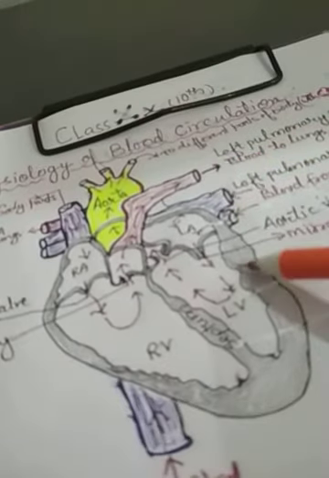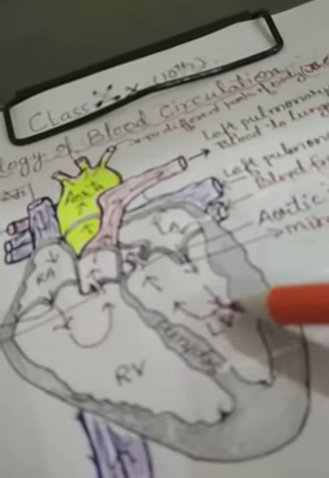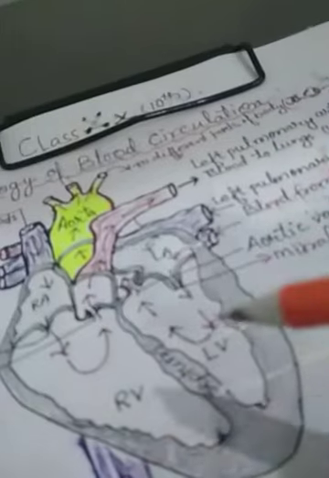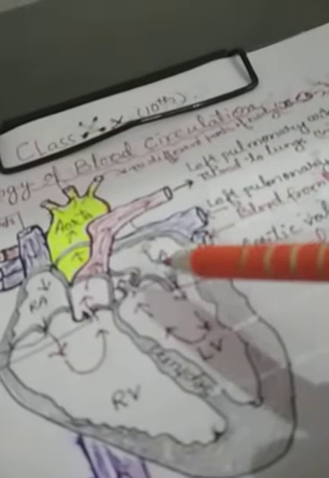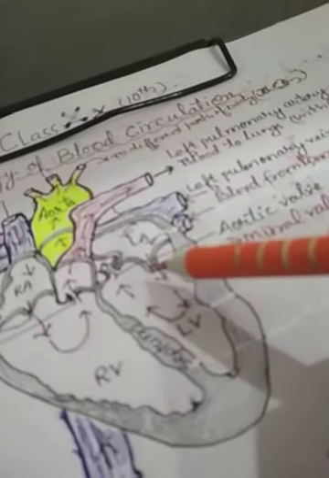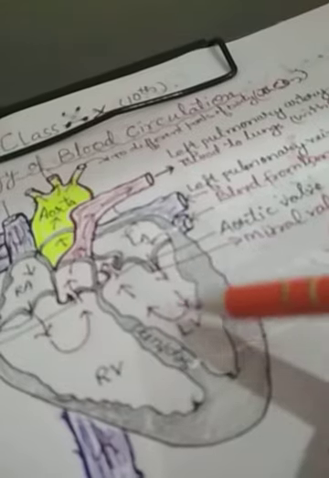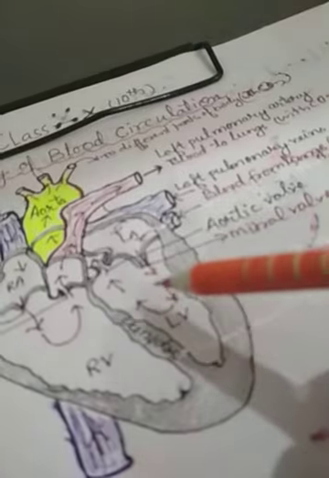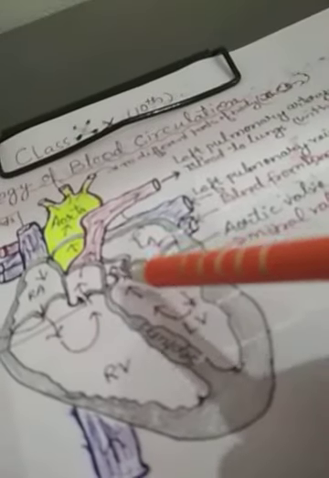Okay. Now my dear students, come to the left side structure of the heart as well as the blood flow. You are looking here at the LA, which means left atrium, and the left ventricle. This left atrium is connected with the left ventricle by the mitral valve. This is the mitral valve, and the left ventricle is connected with the dorsal aorta.